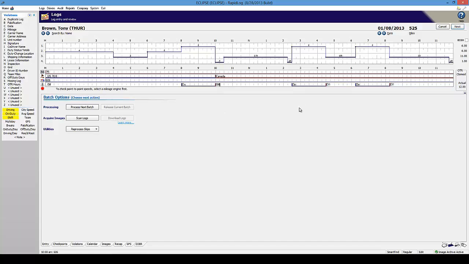Now, talking about editing data, let's say that you are either processing through the light processing or through the RapidLog Pro processing, and some information just got entered incorrectly. Maybe you accidentally misentered the mileage, or the grid data isn't quite matching up. Now, the nice thing about RapidLog is that you won't have to rescan and reprocess those images if they went to the correct driver. So let's say on the 8th here for this driver, let's say this 2 hours of driving, from 4 to 6, it was actually supposed to be off duty or